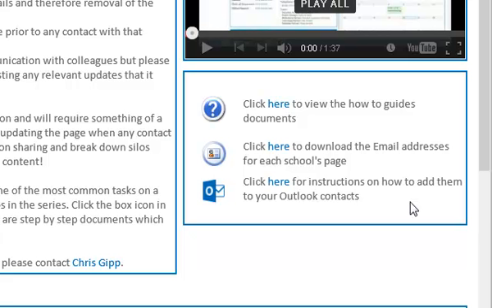Now, best will in the world, you're not going to be able to remember all those details. So what the team have done is create a series of contact cards that if you download them using this link and then follow the instructions using this link, you can add to your Outlook, and that will sync with any mobile devices you have. So when you're on your travels, your devices will know the email addresses of each school's Team Around the School page, and you'll very easily be able to send emails straight to it. Now this is probably the most complex thing of the 3 things I've described,